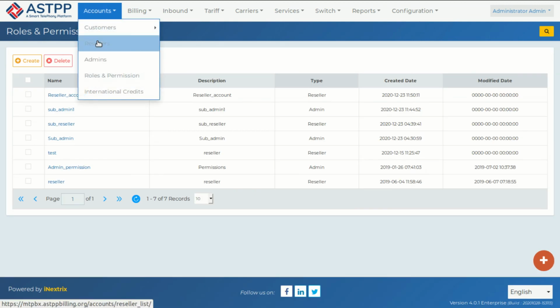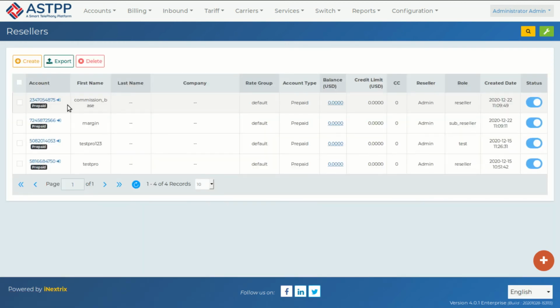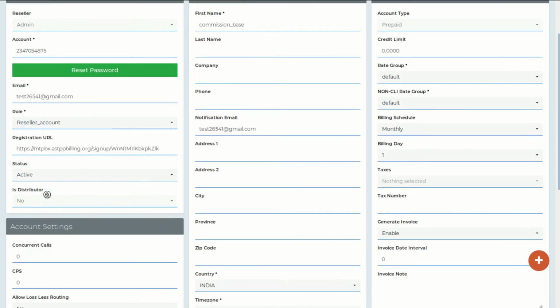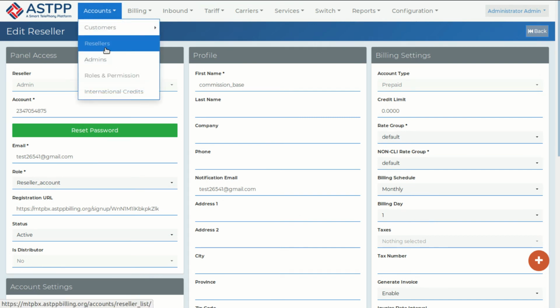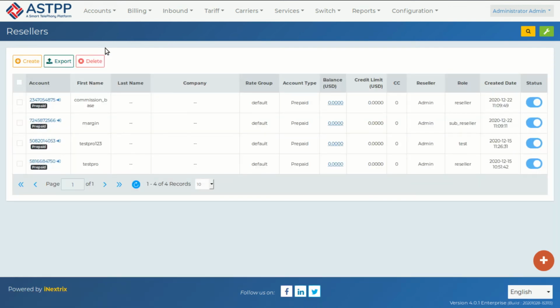So now same way, from the reseller account, if we want to change any role from an existing reseller account, we can do that from reseller edit, from here, from role. Otherwise, whenever we create a new account for reseller, and if we want that roles and permission to be applied, then while creating reseller,